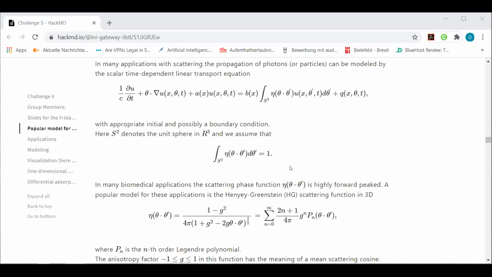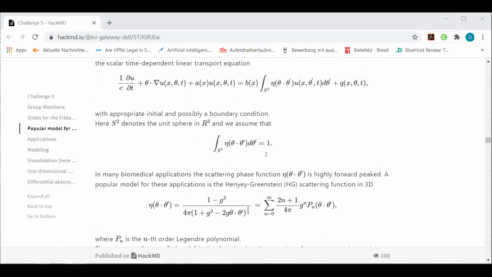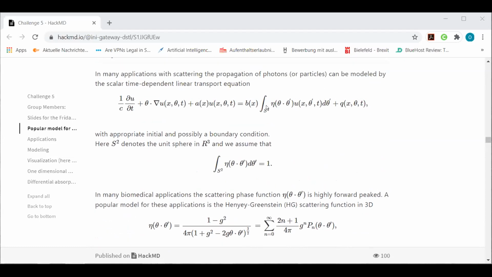You have conservation in a pure scattering event, conservation of particles, which is this next equation. And which scattering behavior you use also depends on the physics. A popular model is the Henyey-Greenstein model, which you see on the third equation on the slide. You can use other models in order to model specific physics. You can also add more scattering terms to the radiative transfer equation if you have, for example, different scattering events mixed with each other. I also mentioned initial and boundary conditions on the slide. Certainly this is the integral PDE. You might want to put an initial condition and a boundary condition.